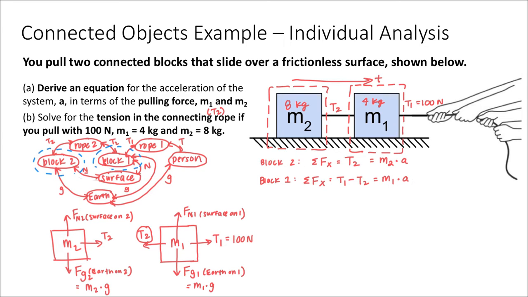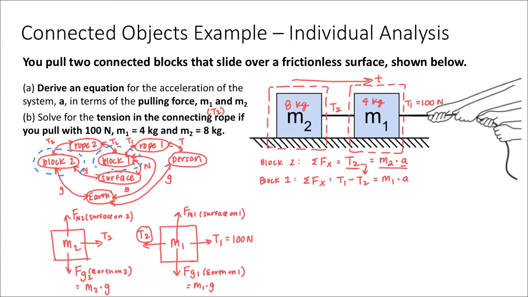All right, so now I should see that I have two equations, right? The one for block 2 and the one for block 1. And there are two unknowns, T2 and a. And in this case, I'm asked to solve for both. So what I'll do is solve this just like I solve any system of equations. I will rearrange one of them for one variable, and then plug that variable expression into the second equation. In this case, because we already have that T2 is equal to m2a, we can just take T2 and substitute in m2a